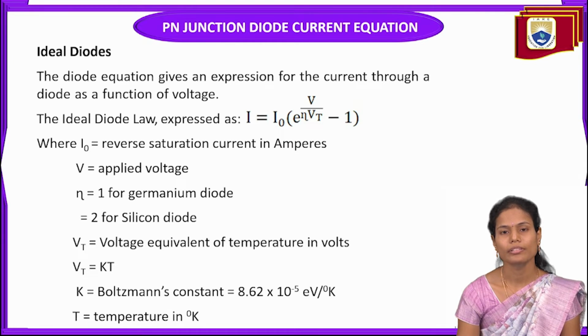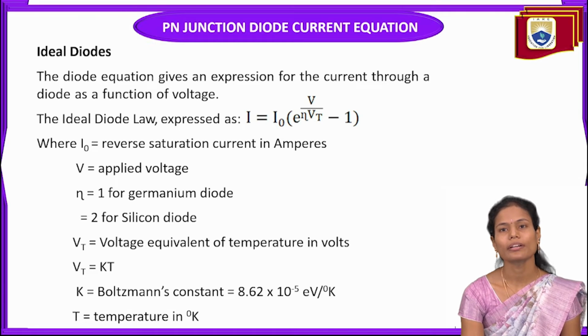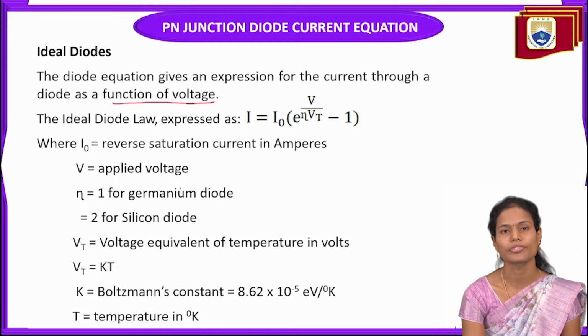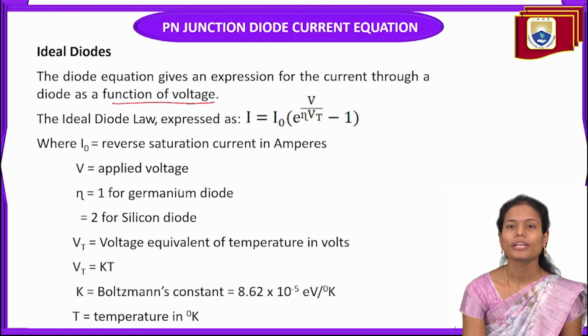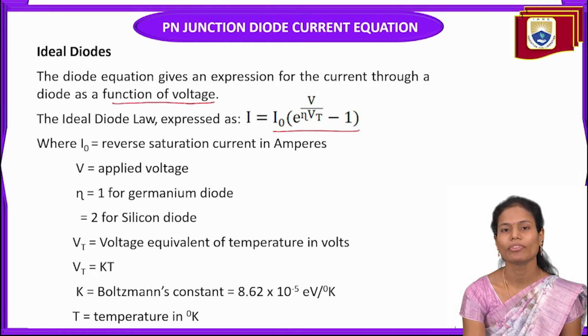So how can we get this diode current equation? The diode current equation gives an expression for the current through the diode as a function of voltage. So from the ideal diode law, we can express this current as I naught into e power V by eta Vt minus 1,